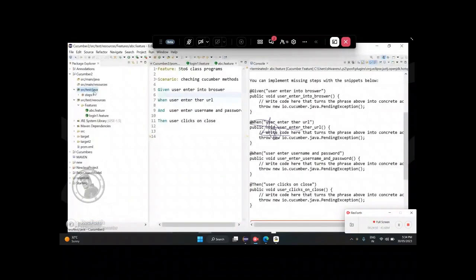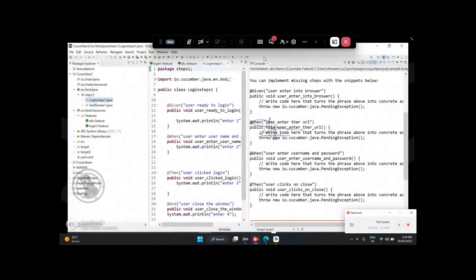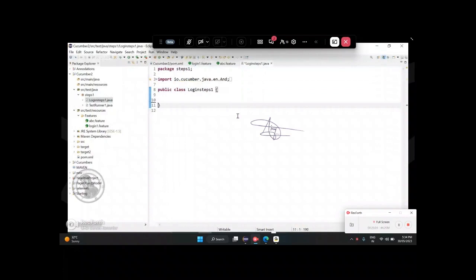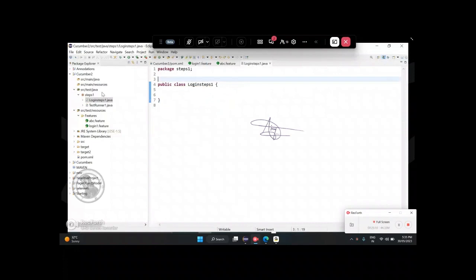So in the cucumber project, below src/test/java, we have to create one class. I'm going to take login. Okay, login class. When you take a test case class, you must keep it under src/test/java. Please remember it. Feature files should be in resources, steps should be in test. Okay? On that, in steps we have to write like a public